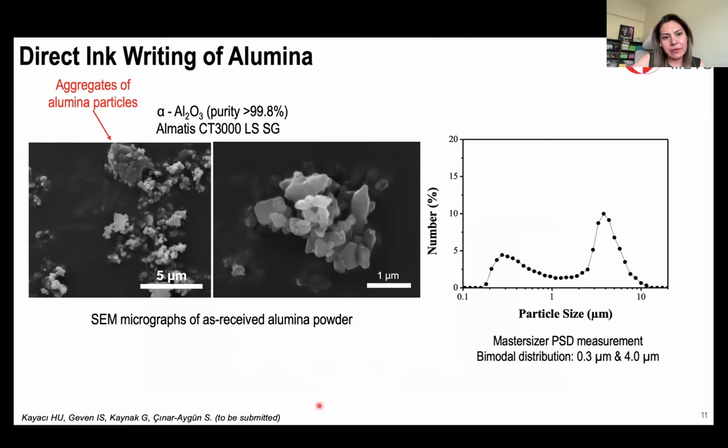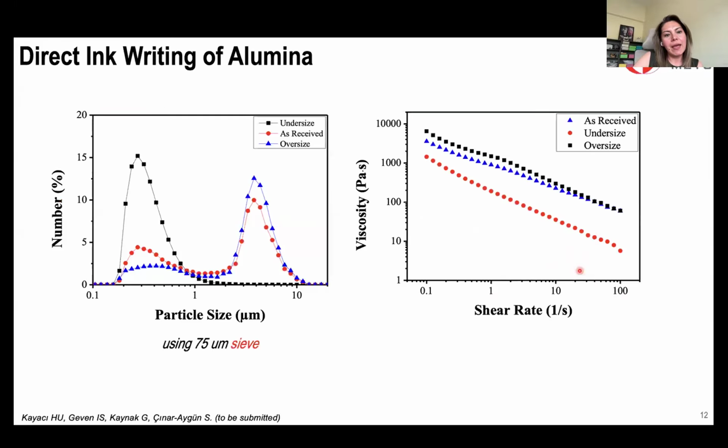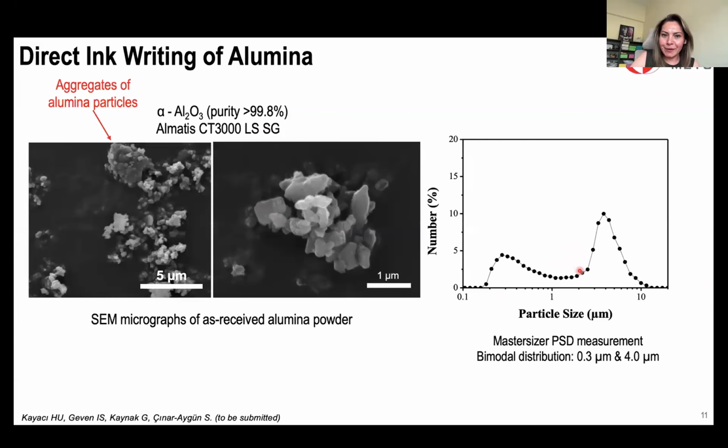In another example, I will give the alumina example. So here we use alumina powders. If you look at the SEM images here, we have very nice primary particles, but we also see some aggregates. And alumina is much harder compared to zeolites. So we need to either break them or somehow eliminate those aggregates. If you look at that particle size distribution, you realize that we have a significant amount of those aggregates. And we employed planetary ball milling with zircon balls. It didn't help. We couldn't break those aggregates.